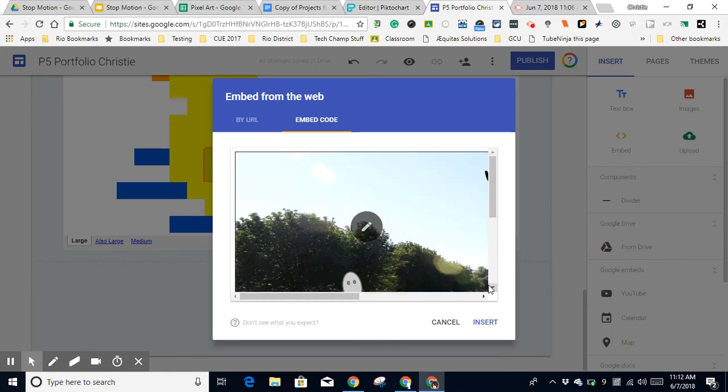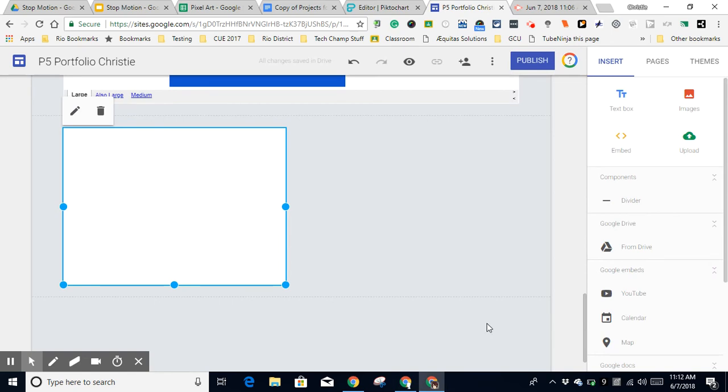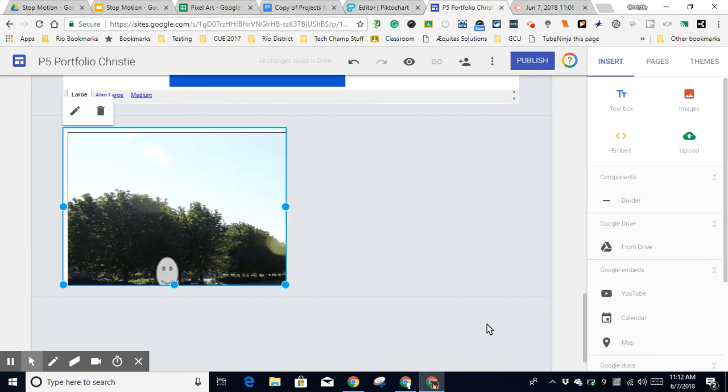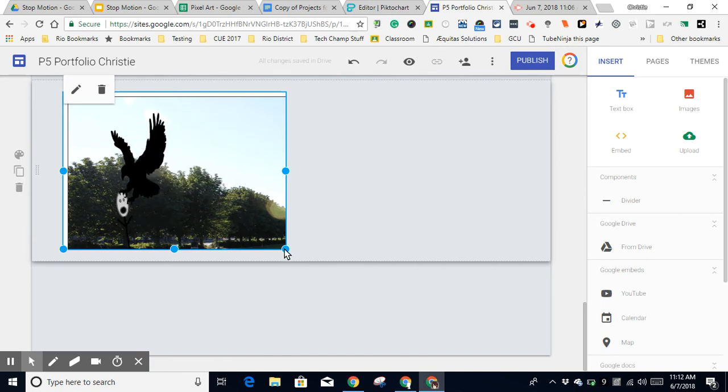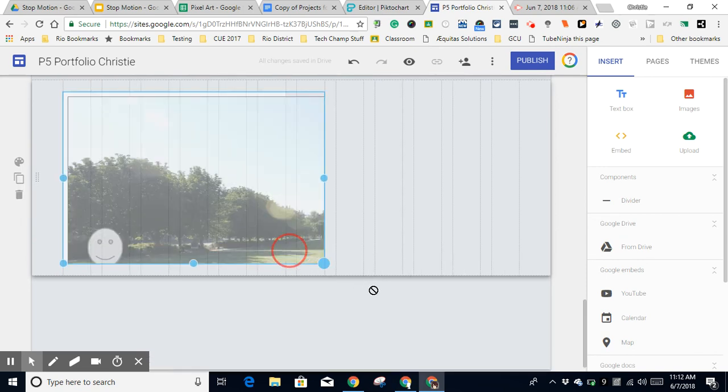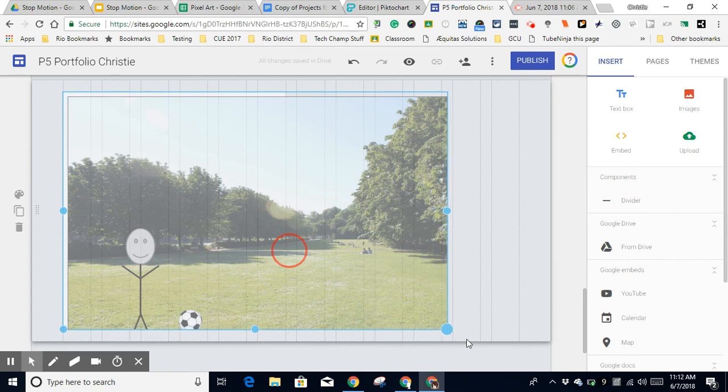And then you're going to see this. Don't worry that you only see part of it. I'll show you how to fix that. But you want to make sure if you can see part of your animation that it's actually animating, then that's a good sign. Okay. Then go ahead here and click Insert. All right. Now again, you can see that my frame came in really small. I probably should have chosen large. I don't know. Anyway,